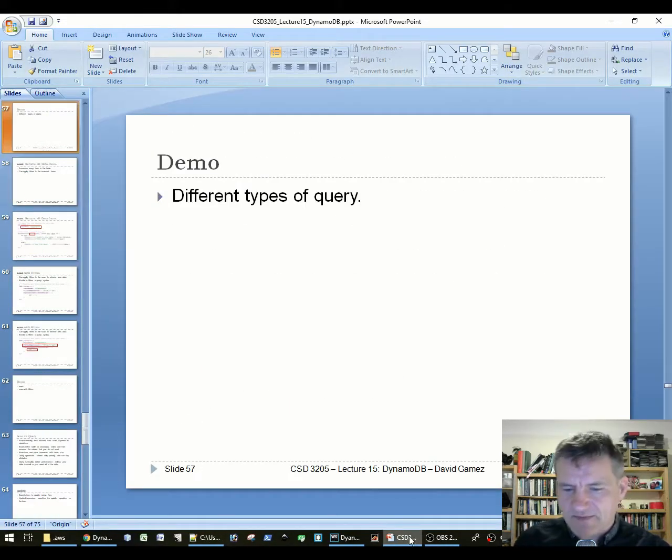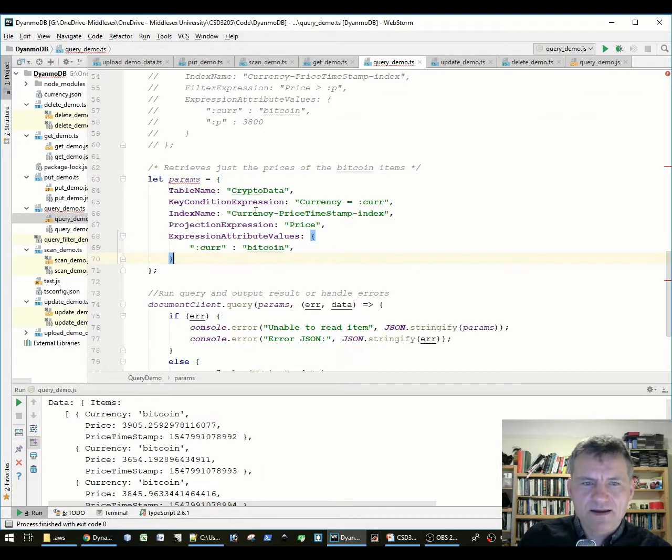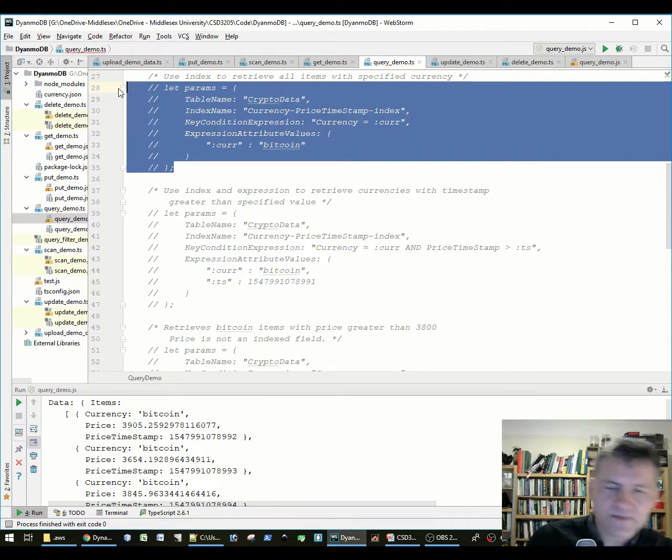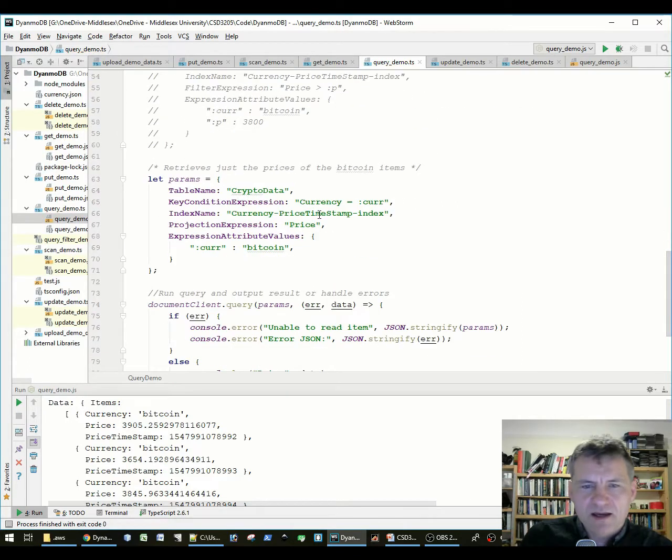So let's run a quick demo of that. So here we've got it. So I must have a duplicate here. Okay, so here same stuff, right? We're getting currency Bitcoin, but we only want to return price. Yeah, that's what this is doing. So now if we run this,